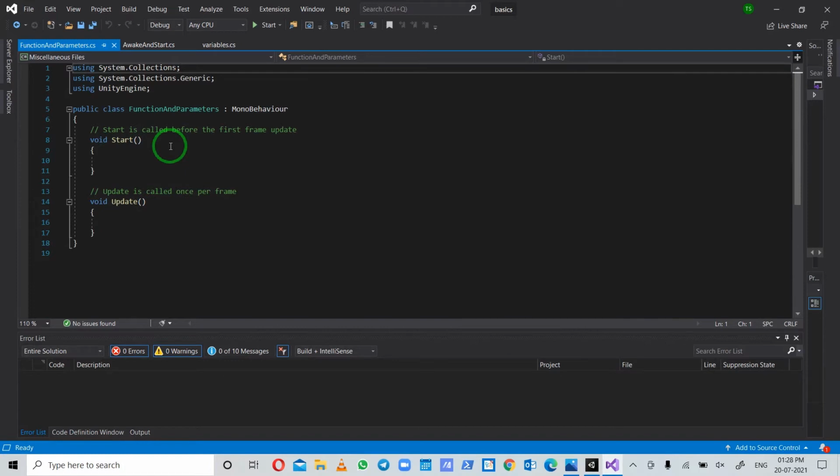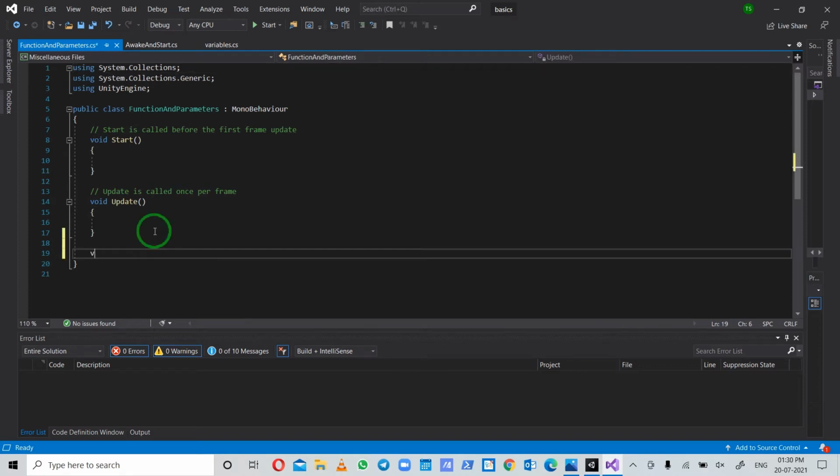A function or a method is a piece of code that is called by a name. In future, you will come across two words, function and method. People often consider function and method the same, but there is some difference between these two. Actually, a method is a function that is called by a name and is associated with an object, while a function is not. So a method is on an object while a function is independent of an object. You don't need to get confused about these two. You can consider them the same because in Unity C# there are only methods and void.